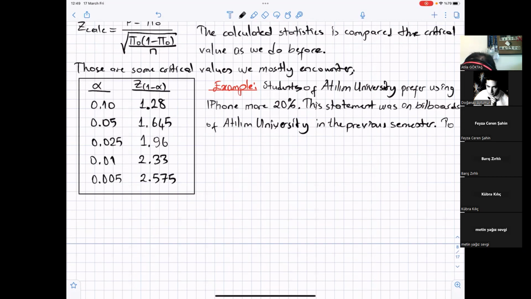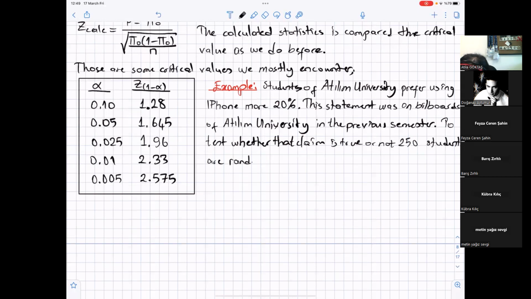To test whether that claim is true or not, 250 students are randomly selected. And